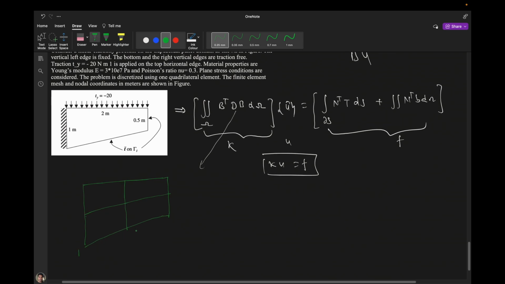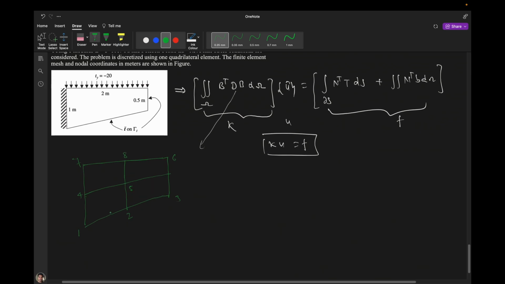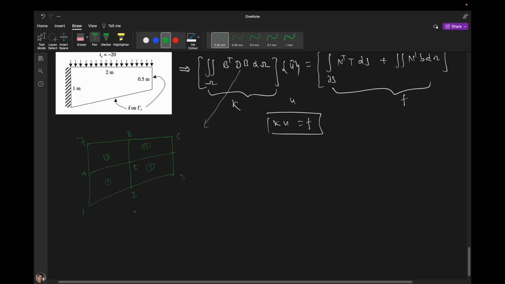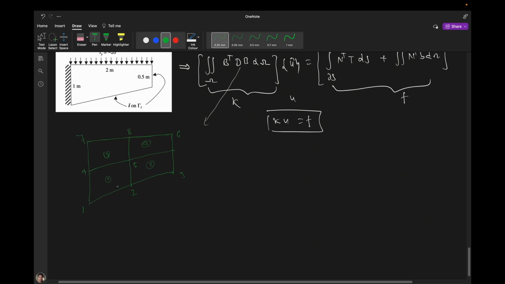Suppose this is node number 1, node number 2, 3, 4, 5, 6, 7, 8. Okay, and suppose this is element number 1, 2, 3 and 4, and if we take this element,